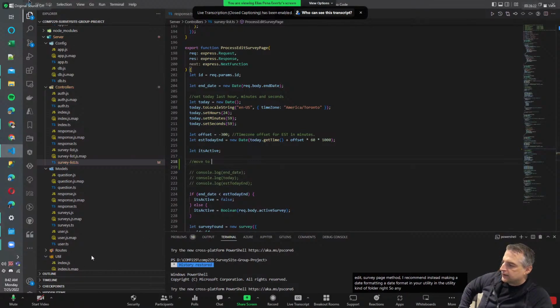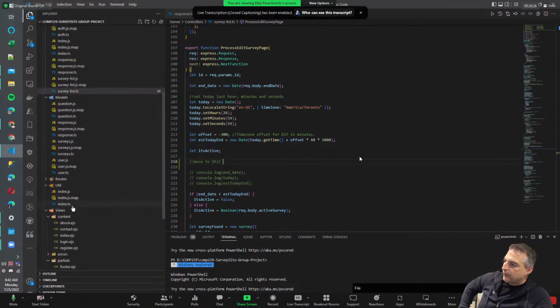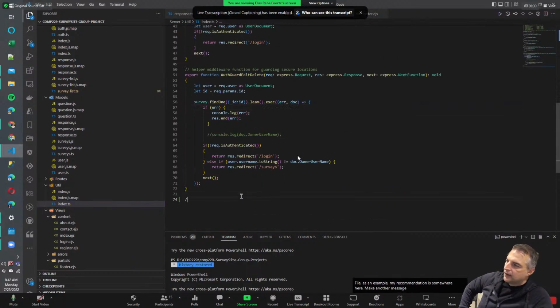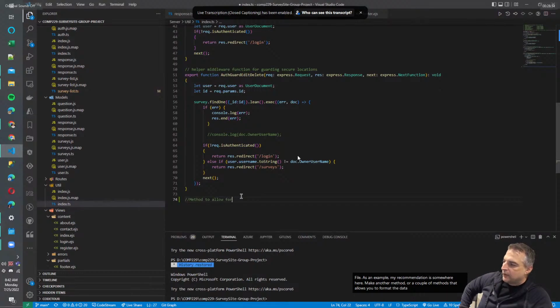So in your utility index.ts file, as an example, my recommendation is somewhere in here, make another method or a couple of methods that allows you to format the date here. So that way you don't have to do it there. And you make your own custom formatter, right? Because I recommend that instead. And this way, it's